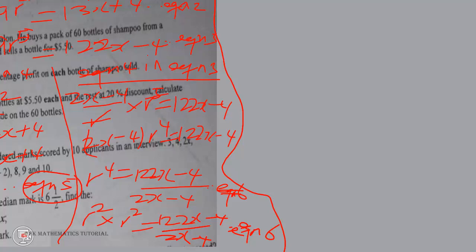Whatever we see R squared, we put 13x plus 4 over 2x minus 4, so that we get an equation in one variable x. So we have 13x plus 4 over 2x minus 4 times 13x plus 4 over 2x minus 4